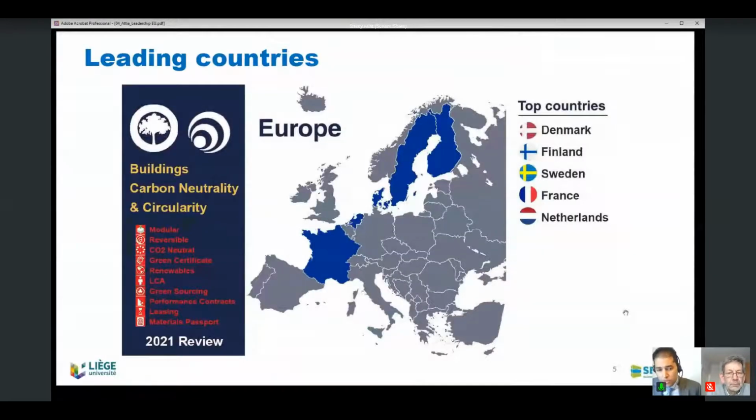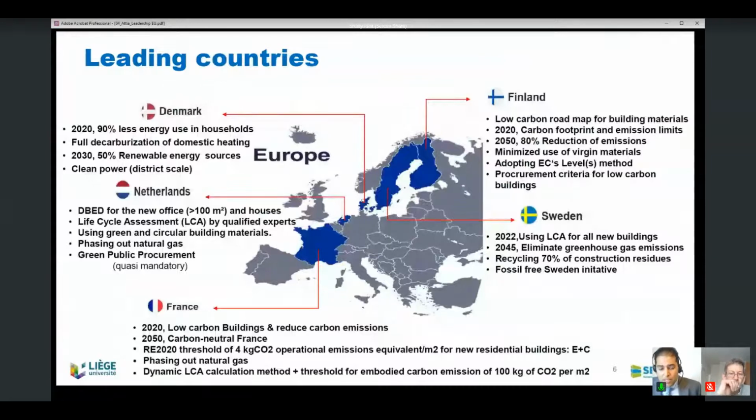Allow me to share with you the 5 leading countries according to our study. It's mainly number 1, Denmark, followed by Finland, Sweden, France, and the Netherlands. And in the coming slide, I will start to discuss with you why this. In fact, the regulation landscape, as you can see, I would like to start with Denmark, is advanced relatively with policies and tools that aim to waste